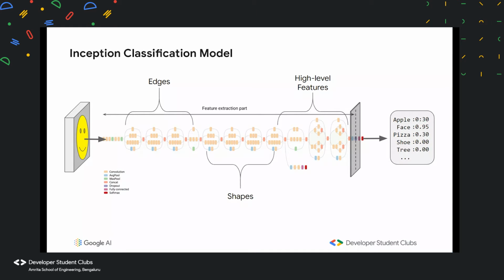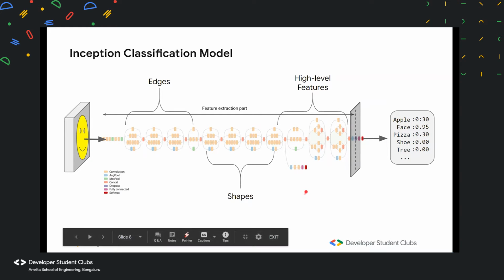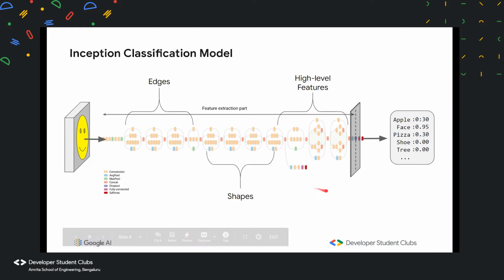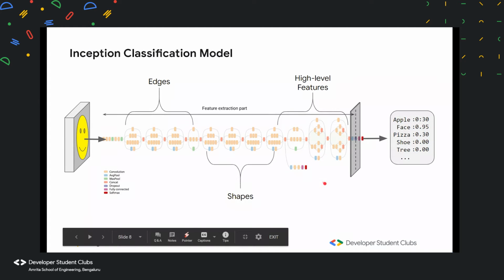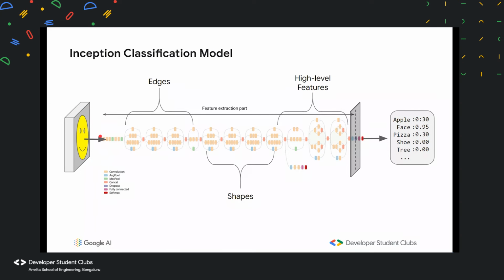So this has been done in huge data centers where they've had the liberty to use huge machines with extensive computational power. So we can make use of this model that has been trained over multiple images in our network, and using just the final layer, that is the layer that is predicting what exactly this image belongs to, we can use it to extract the important features from our image.